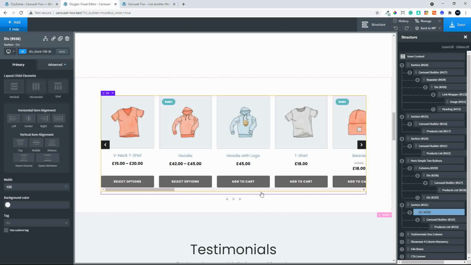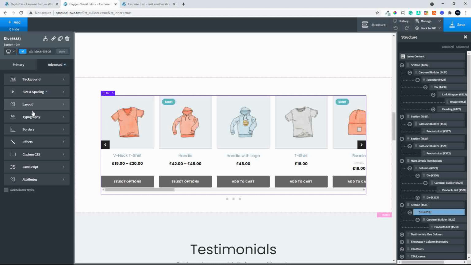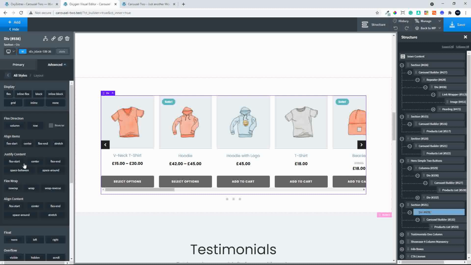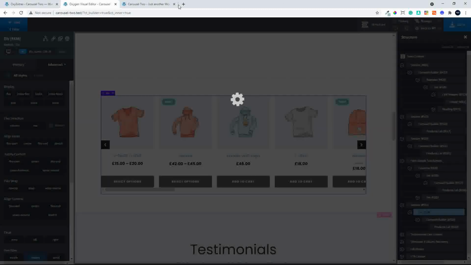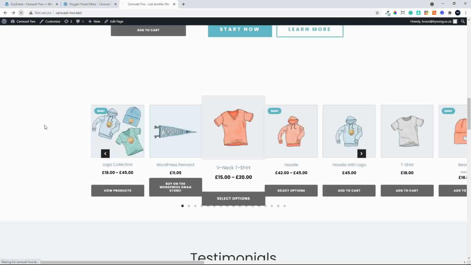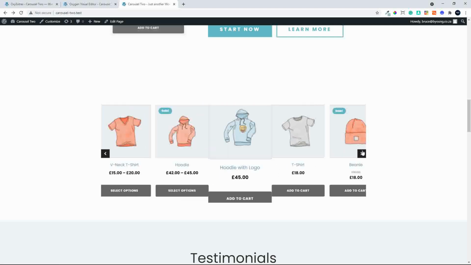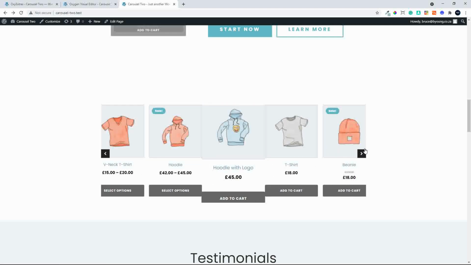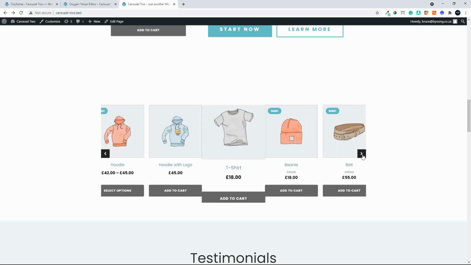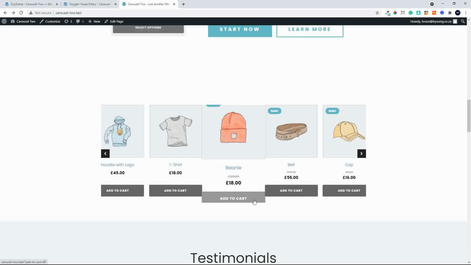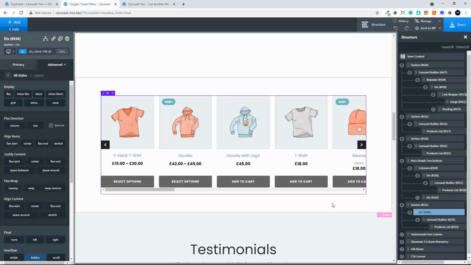So in order to just ensure that that div hides the overflow, we can then head over to advanced. We go to layout. And now what we'll do is we'll go to the overflow of that div, and we'll set that div to hidden. Save. And now when you look at it on the front end, you'll see that our slider now is within that space. And it is large enough to see. If you're still not happy with the way that it displays, then what we can do is go into that div,